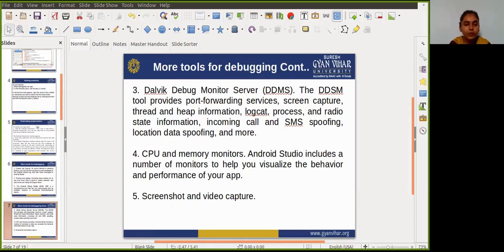Then the CPU and memory monitor: Android Studio includes a number of monitors to help you visualize the behavior and performance of your app. And the next one is screenshot and video capturing. So these are some more tools for debugging.